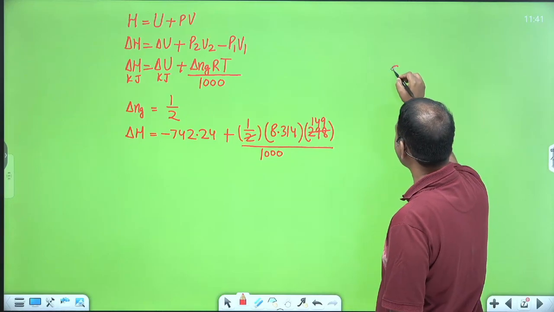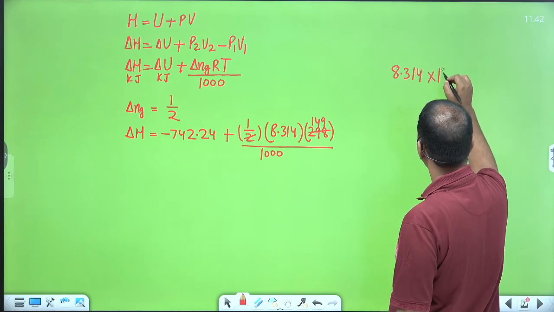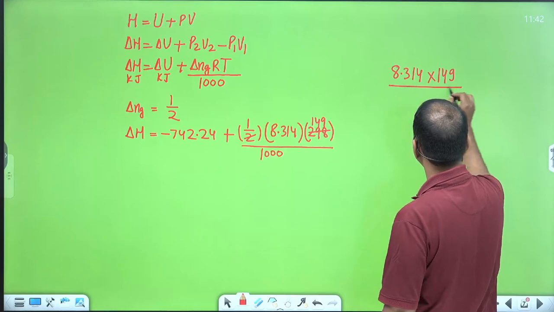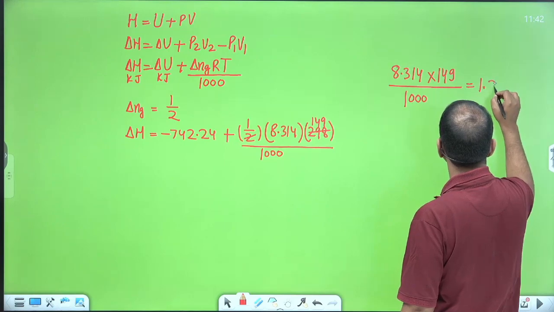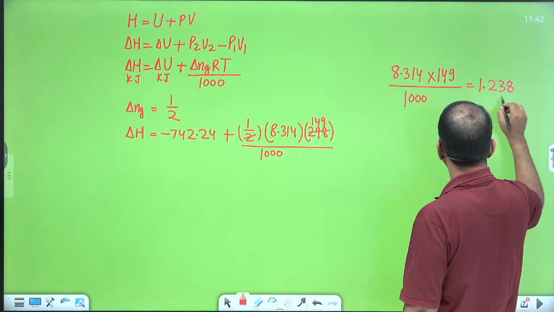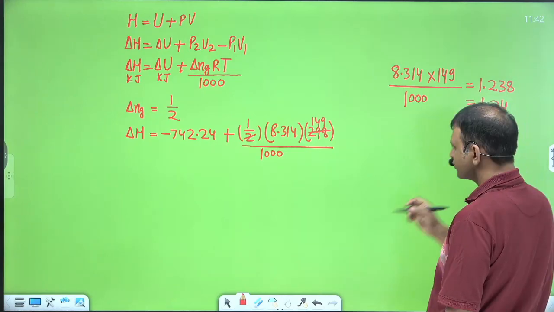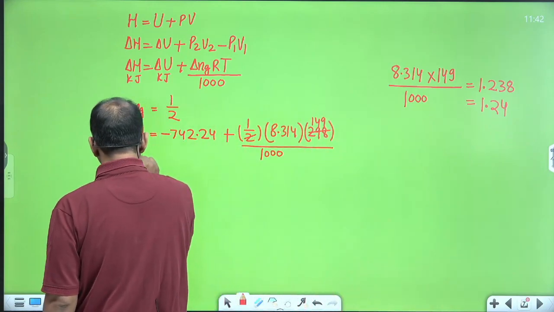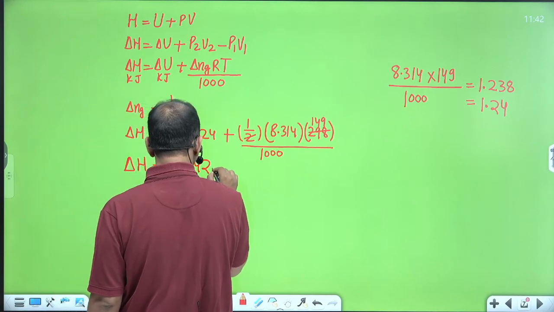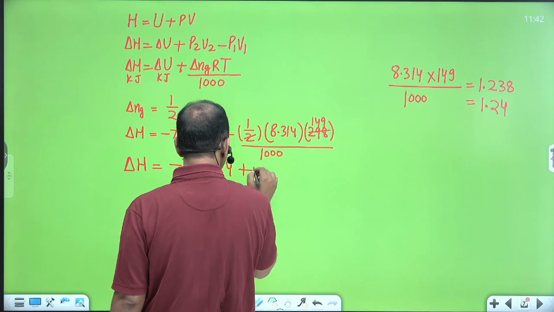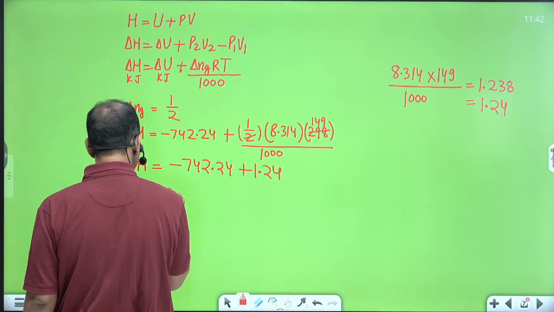So if I calculate the value of 8.314 multiplied by 149 divided by 1000, I'm getting this value as 1.238. If I have to write up to 2 decimal places, I should write it as 1.24. From here, the value of delta H is equal to minus 742.24 plus 1.24. On simplification, we are getting that the value of delta H is equal to minus